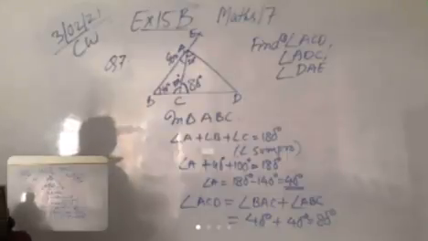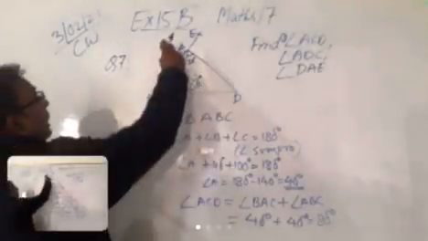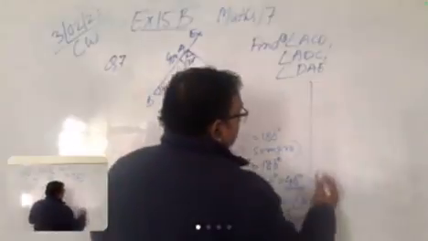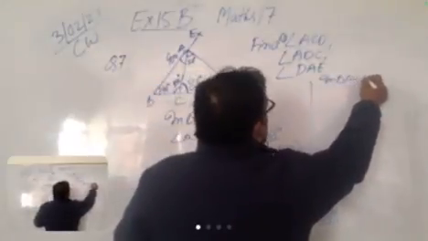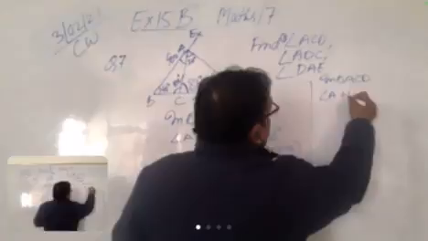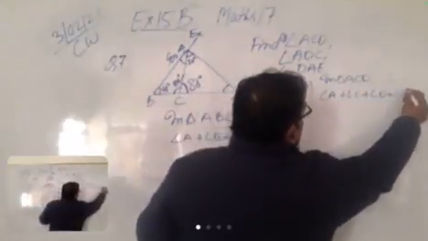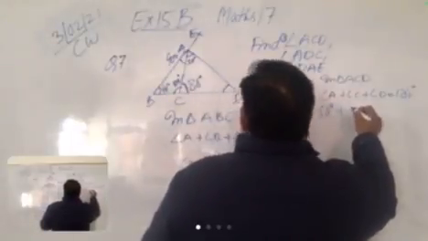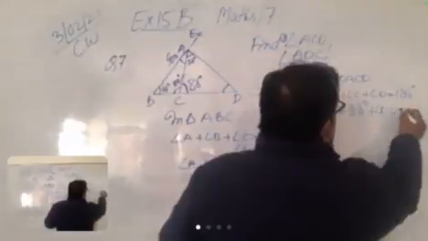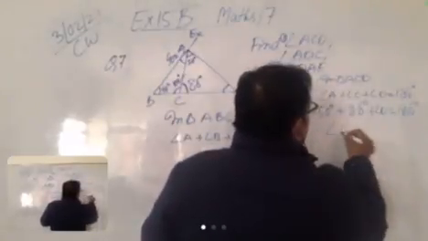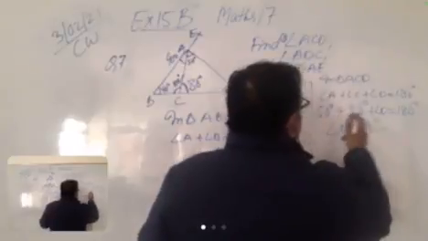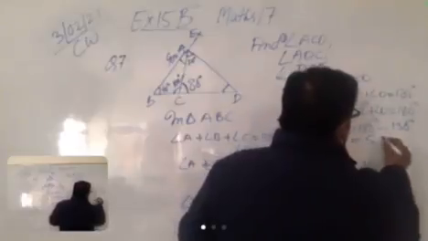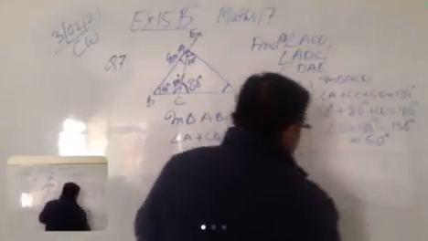Now second we have to find ADC. ADC, this angle. So use the angle sum property again in triangle ACD, angle A plus angle C plus angle D is equal to 180 degree. Here the angle A is 50 degree, angle C is 80 degree, angle D we have to find, and now the sum is 130. So angle D is equal to 180 degree minus 130, so it will be angle D is equal to 50 degree. This is the second solution now.